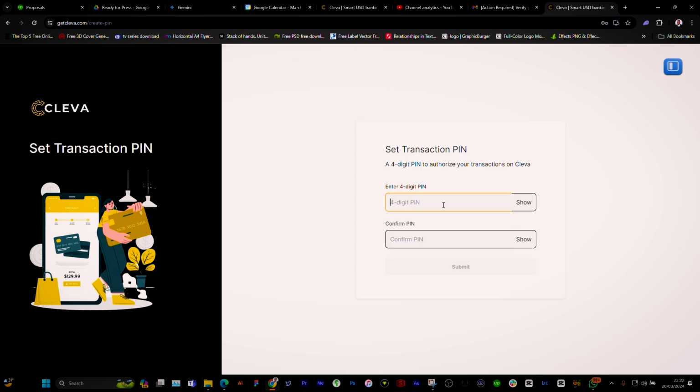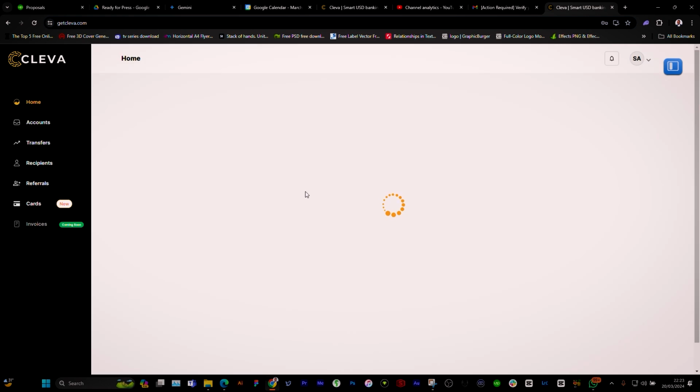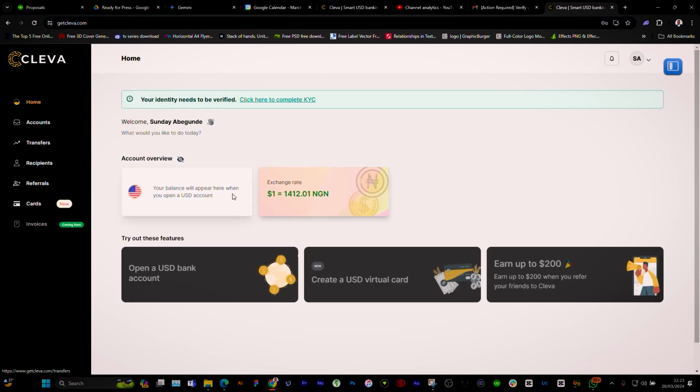So it's asking me to create a PIN. So the PIN submitted. So transaction PIN created. So this is the PIN I'll be using for my transaction. So continue. So you can see my account has been created. The exchange rate presently is $1 equals